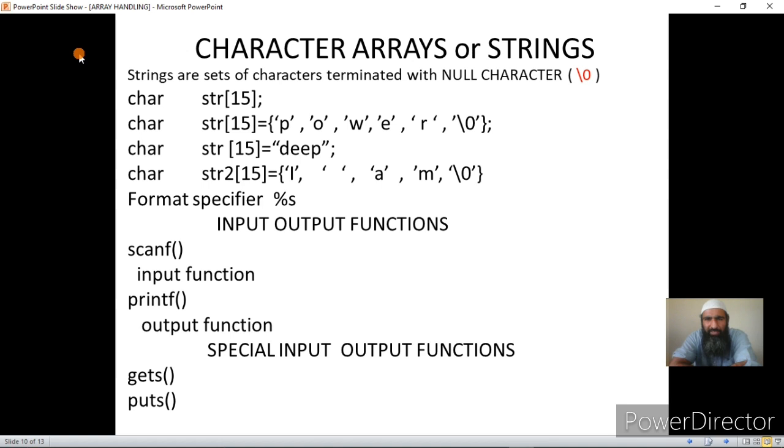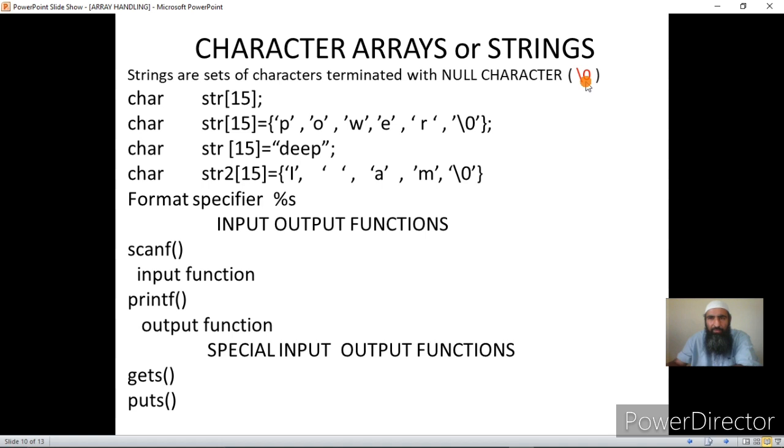Now there's a special part so far as character arrays are concerned. Their second name is strings. So how do we define a string? A string is a set of characters terminated with a null character. The null character is a backward slash and a 0. But this is taken as a single character.